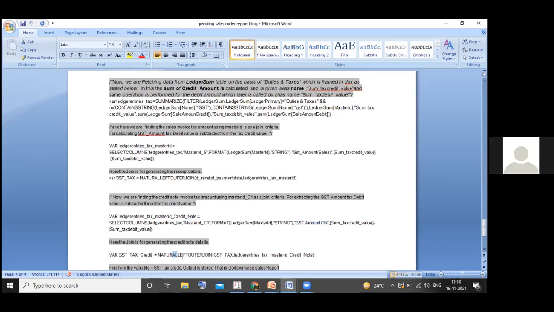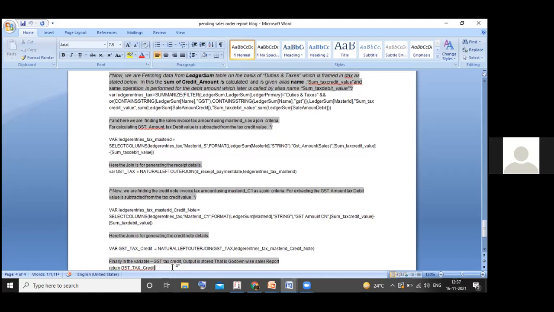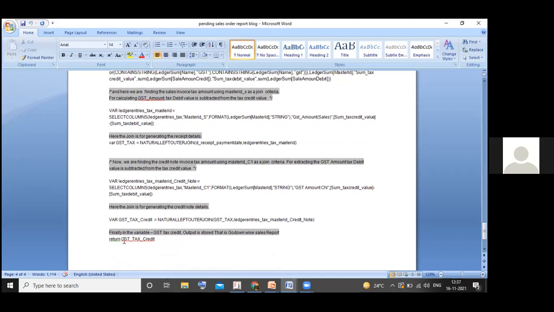Here the joining is generating the credit note details. For that I am joining GST tax to ledger entries tax master ID credit note, which is a variable here, and the result is stored in the variable GST tax credit. Finally, the variable GST tax credit output is stored in the godown sales report and returned as the final result.